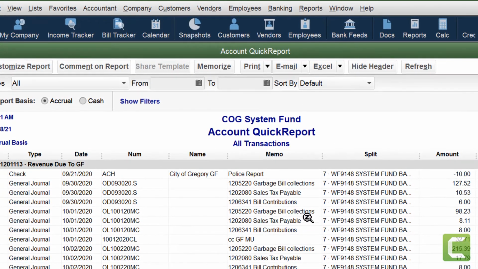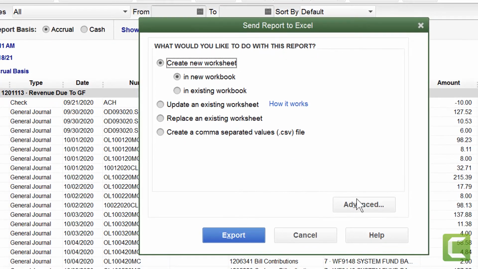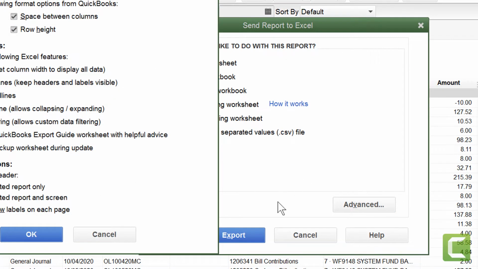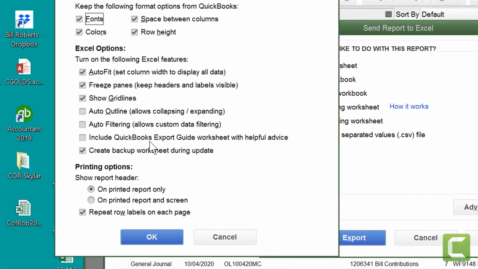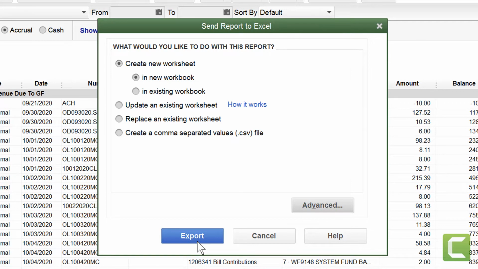All right, so to get this into Excel, you click the Excel button and create new worksheet. And that's all there is to it. I will do that real quick. You get this window. Remember, I told you to click the advanced button, make sure that this export guide, and it includes some of the macros that Excel used to build the spreadsheet. You don't need that tab. And then you just click export,